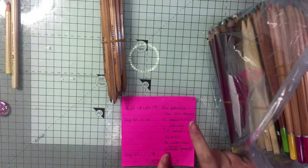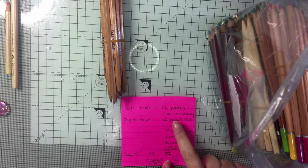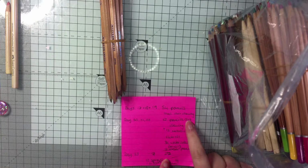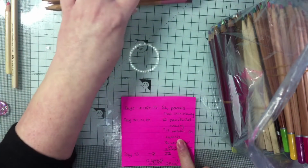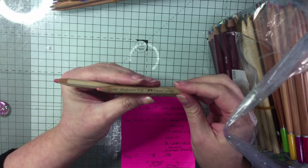So altogether that was 72, so there's 22 pencils in the first two bundles. I've got these 12 metallic pencils which I'm probably going to give to the art group at church, so I'll keep those separate. The 36 watercolour pencils, and I have these two,